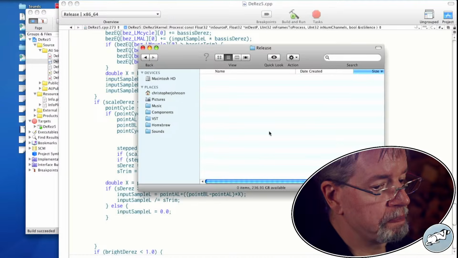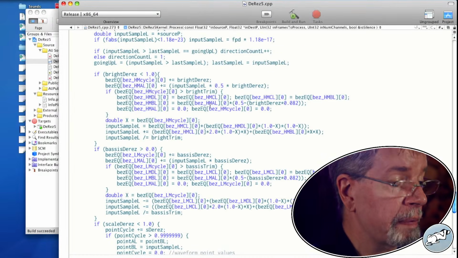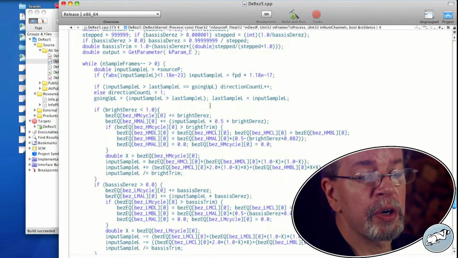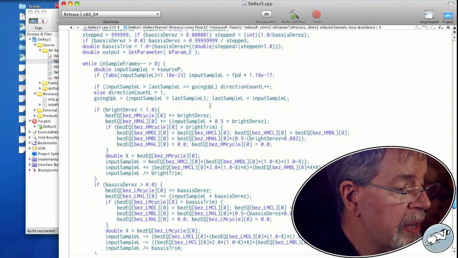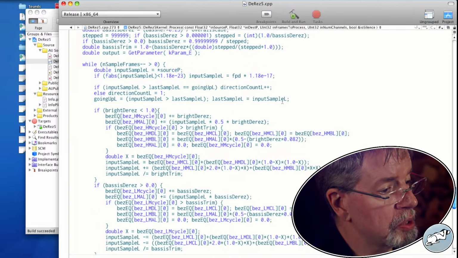So what does that mean? Well, we've got it kind of doing the thing. I just feel as if I could be forcing more in the way of deresing. So what does that mean?